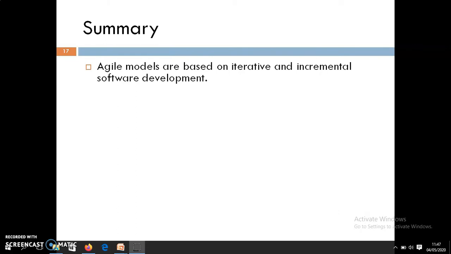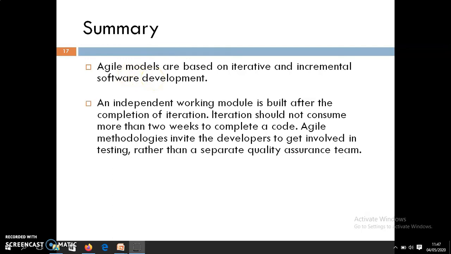Finally, we can conclude with agile. Agile is a software development approach which is iterative and incremental in nature. Independent working modules are built after the completion of each iteration. Every iteration focuses on a 2 to 4 week time span, and in every iteration a complete software development life cycle is followed.